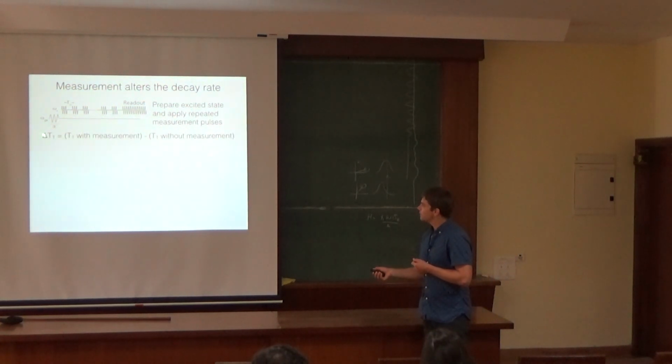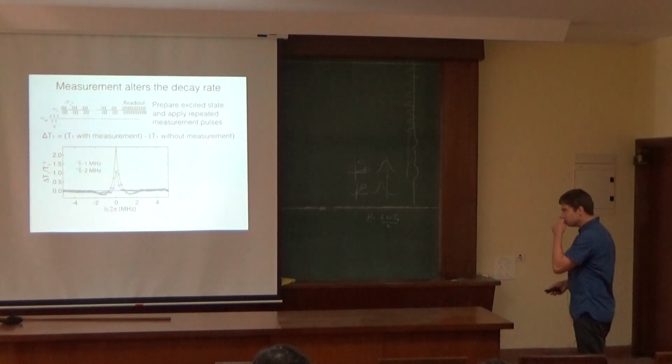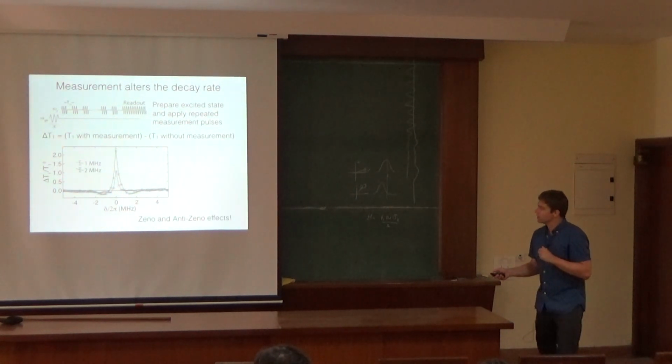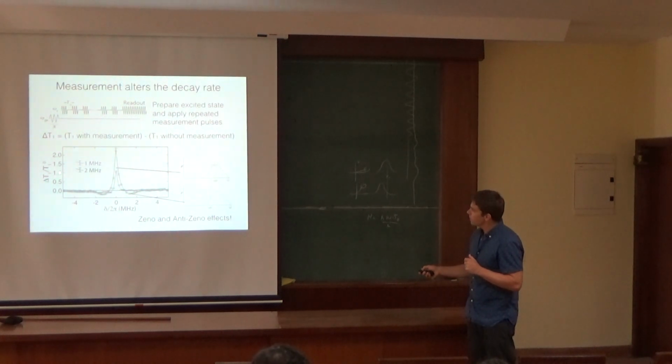Okay, so I'll plot the delta T1, the change in T1, which is T1 with measurement minus T1 without measurement, divided by the T1 time, and this is what we see. So we see Zeno and anti-Zeno effects. What do I mean? Well, here, where the change in T1 is positive,